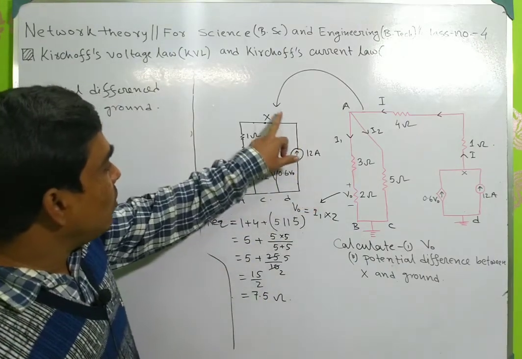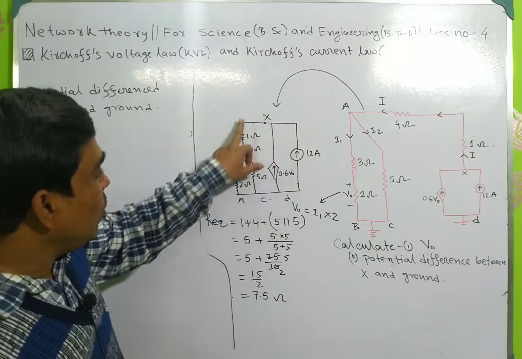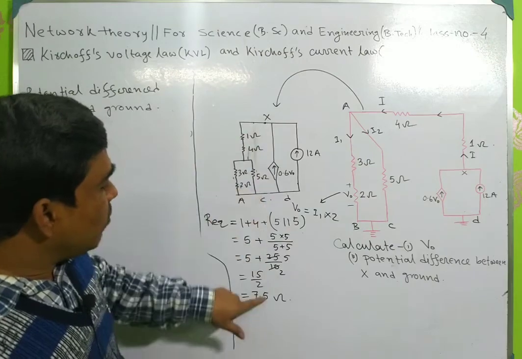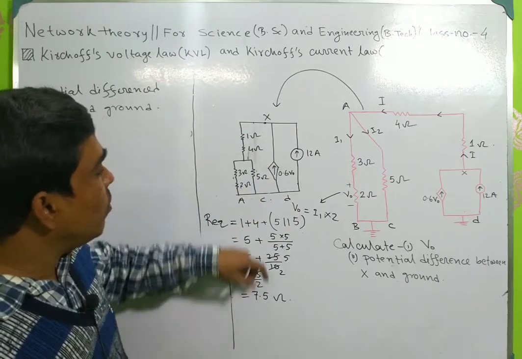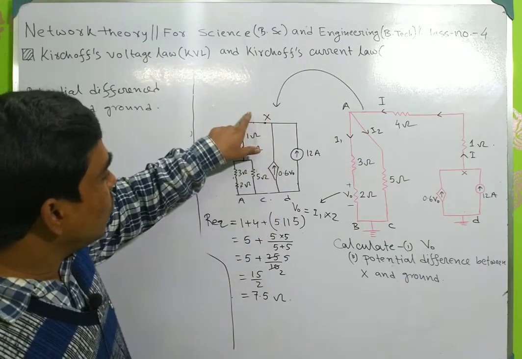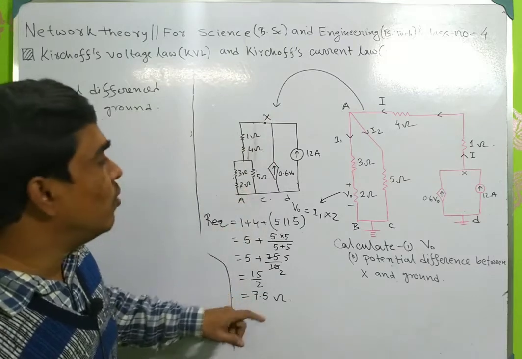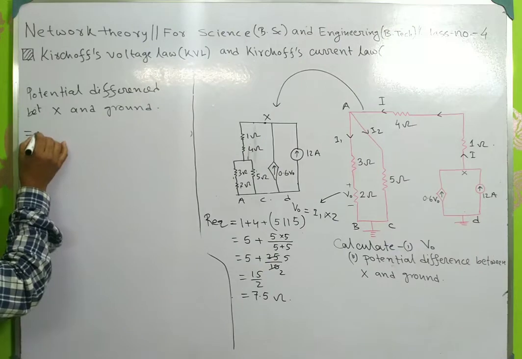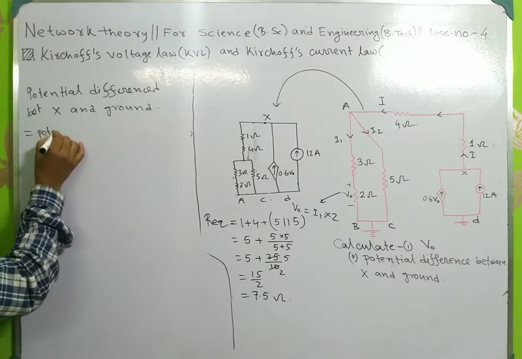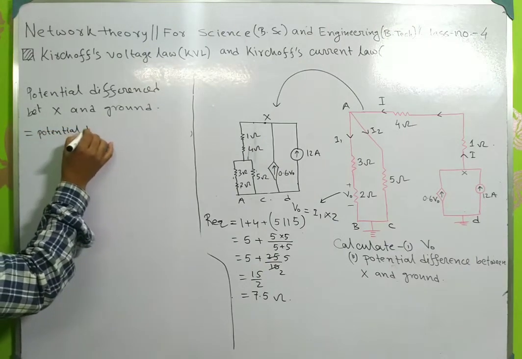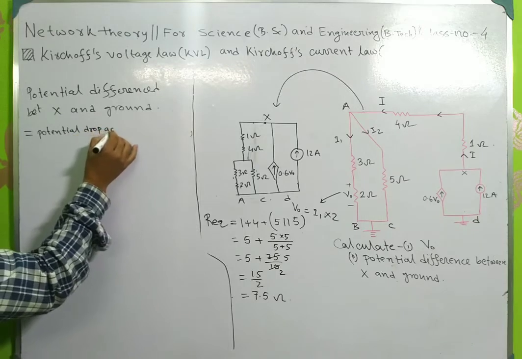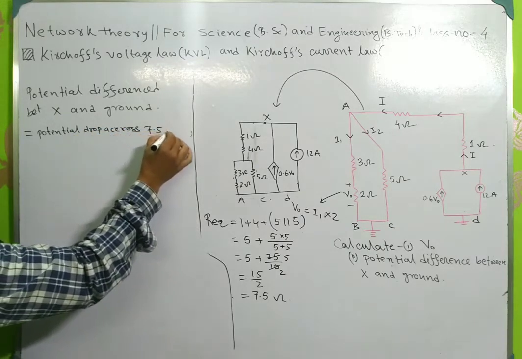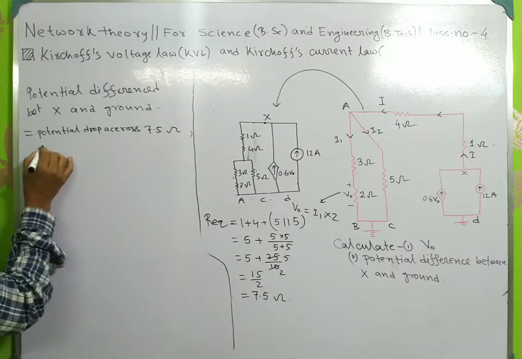One is the 12 ampere current, which will flow through this junction, that means through 7.5 ohm, and the other also flows through this 7.5 ohm. So the potential drop across 7.5 ohm due to